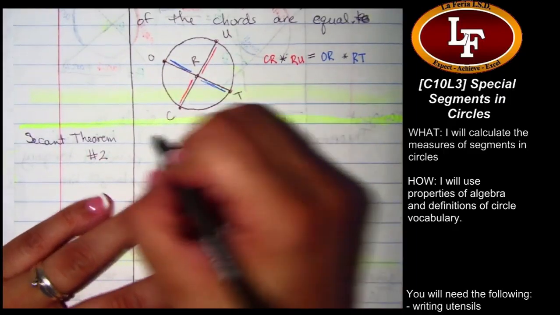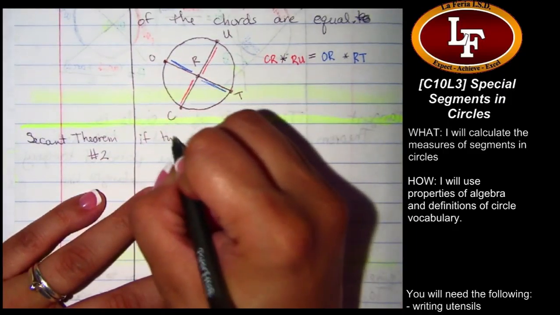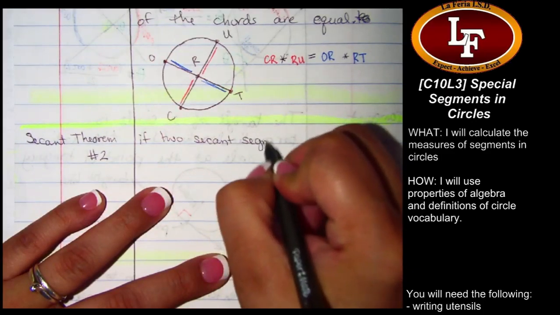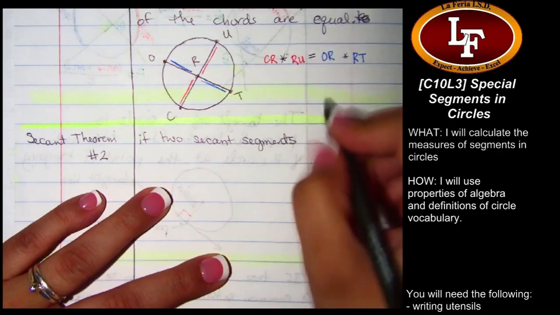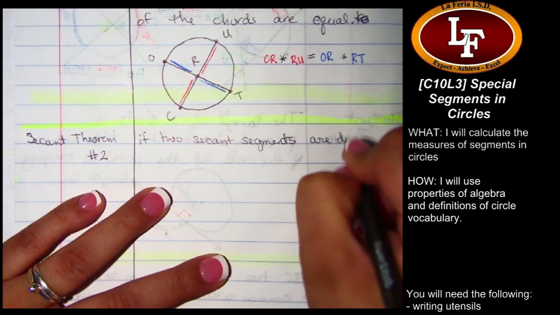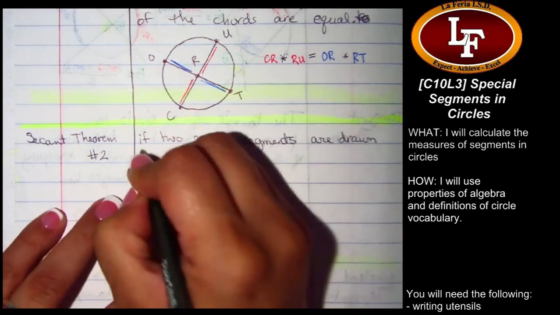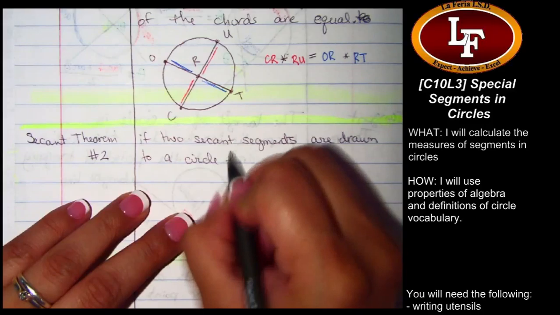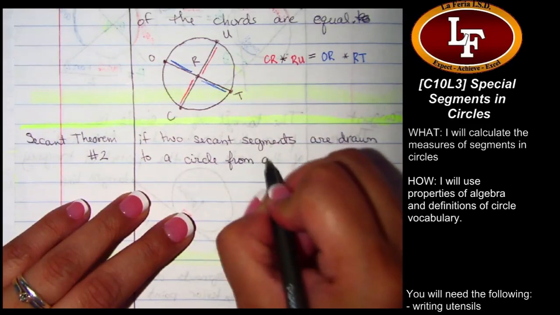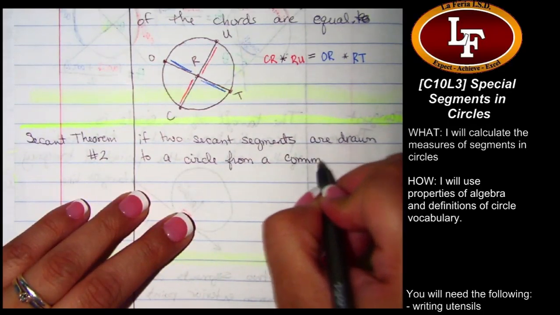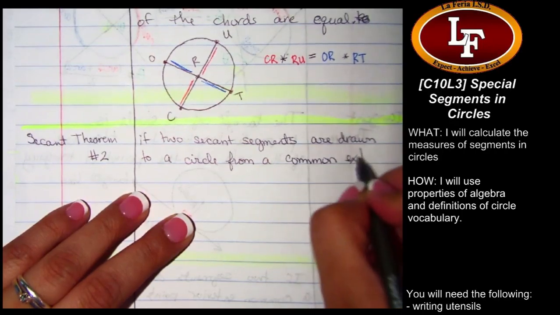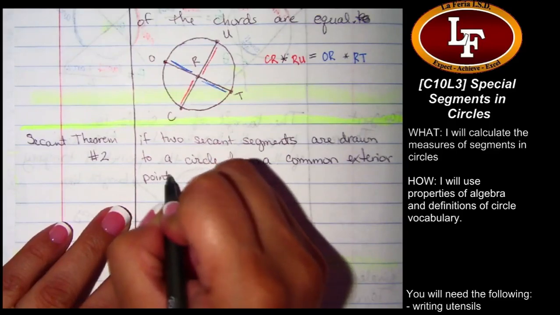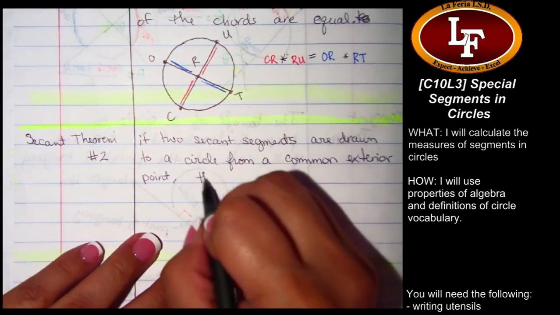It says this: if two secant segments are drawn to a circle from a common exterior point, then